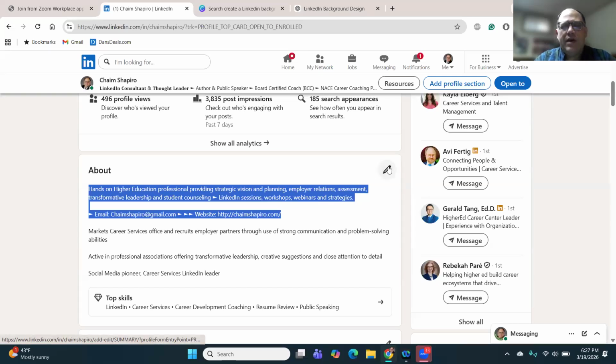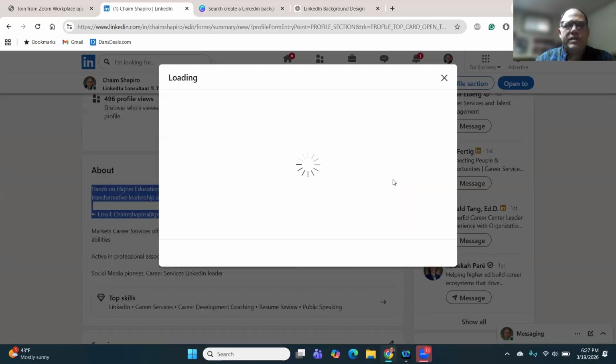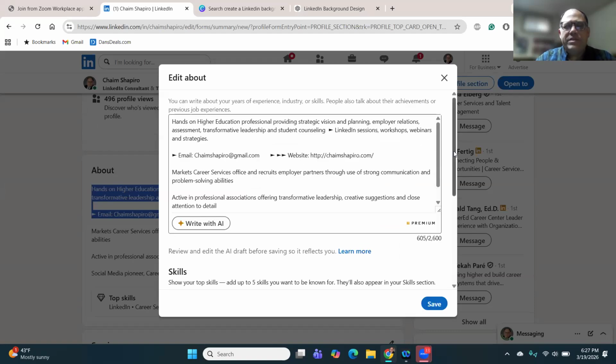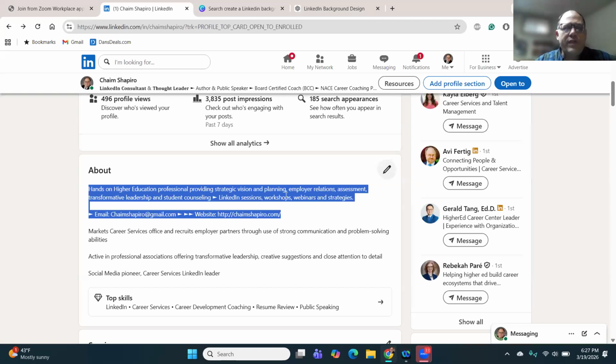Even more importantly now, they give you the ability to put your top 5 skills on your about section. The skills section is much further down the profile. This gives you the opportunity to highlight that much higher up. So you see here, these are my top 5 skills. I have them in the order I want people to see them. I always want to put my first and best stuff first, second, third, so that people can see that right away. Another important thing about this: those people who are using the recruiter platform, right? You're open to work, they see that. They also see these top 5 skills. So you want to make sure when they see your top 5 skills on their dashboard, they won't have to scroll down to here.